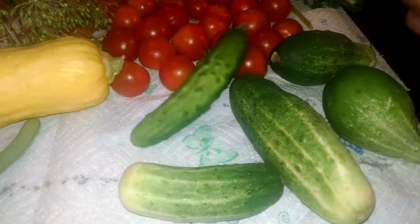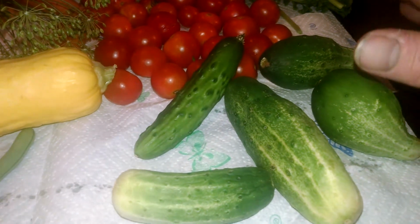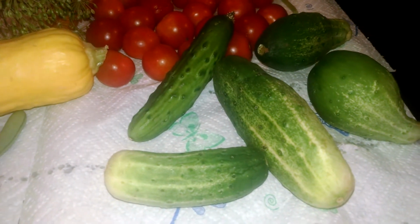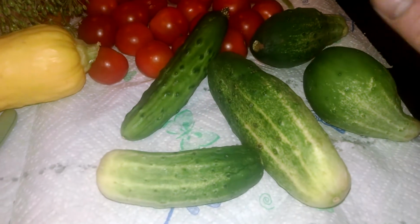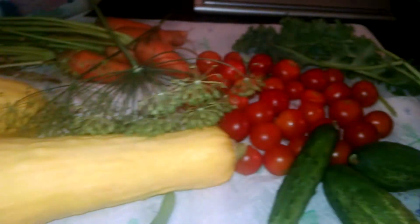salads. And one of our favorite things is just to put cold salt water on the table with sliced cucumbers, peeled sliced cucumbers, and have that as a snack with a meal. Eat them as you're walking by the table, just grab a few. It's delicious. So she said, I'll be right back. And when she came, she brought me these two